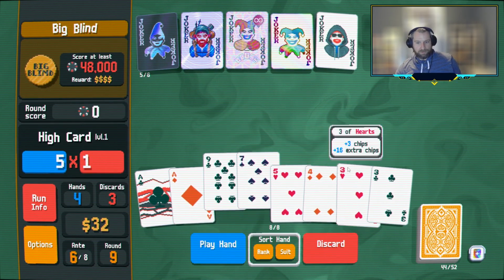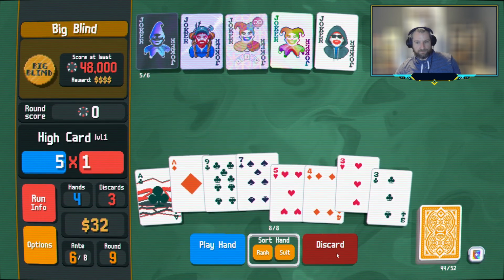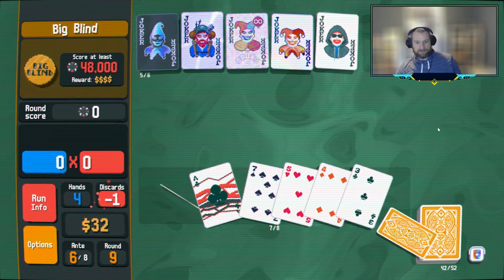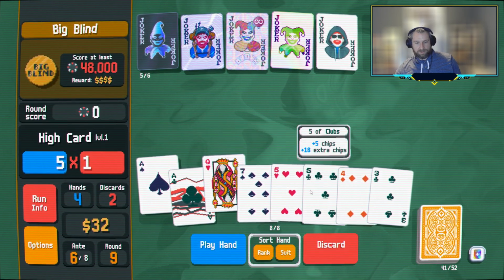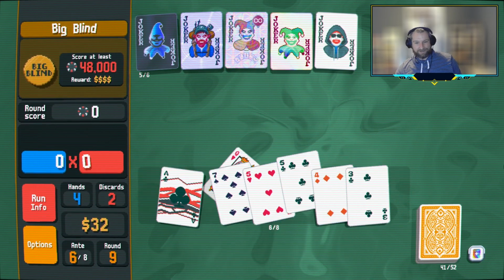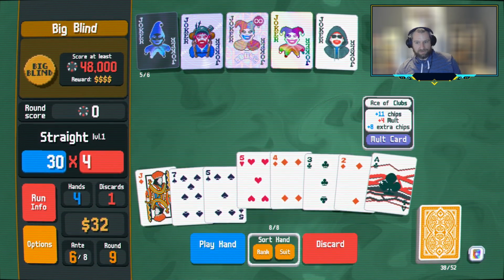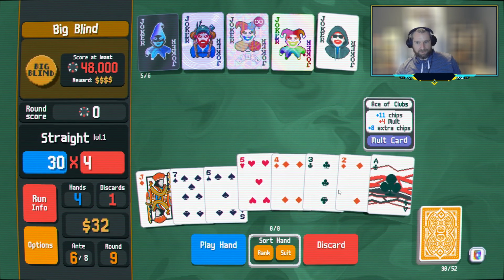So close to a wheel. I think we'll keep the 3, 4, 5. I guess we'll hang on to the 7. So if we hit a 6, we'll have a straight to 7. Drawing to straights always feels so brutal. It just does not feel like something I like doing. There's the wheel, Ace 2, 3, 4, 5. Move the Mult Ace down to the end. It's flat, shouldn't be a big deal here, but